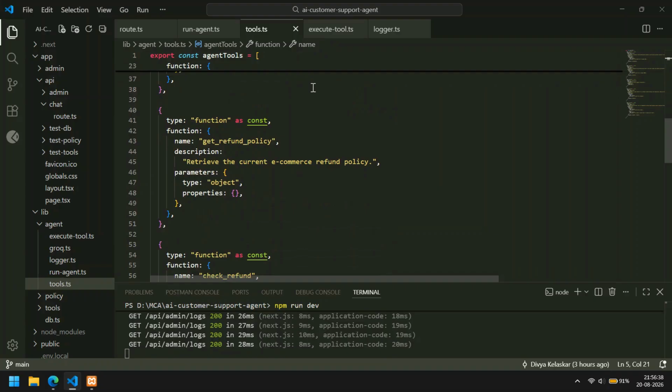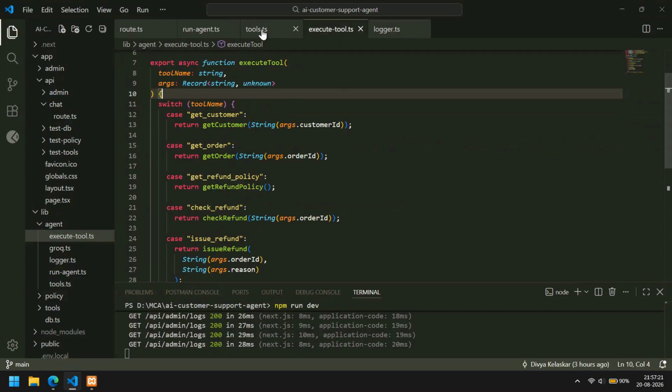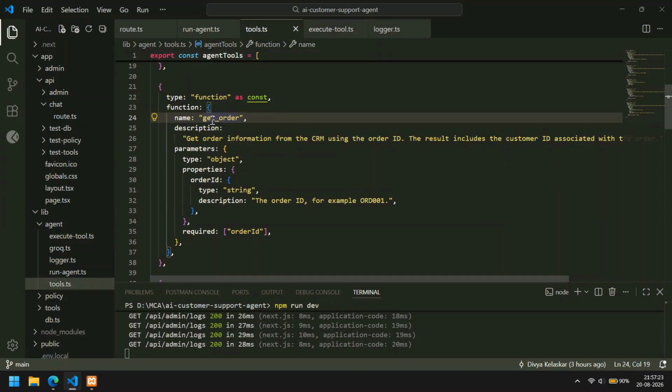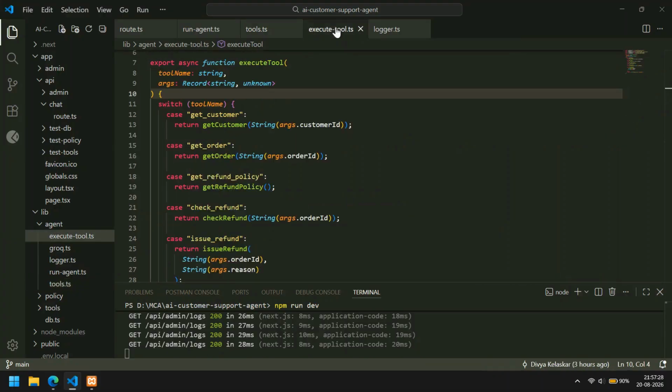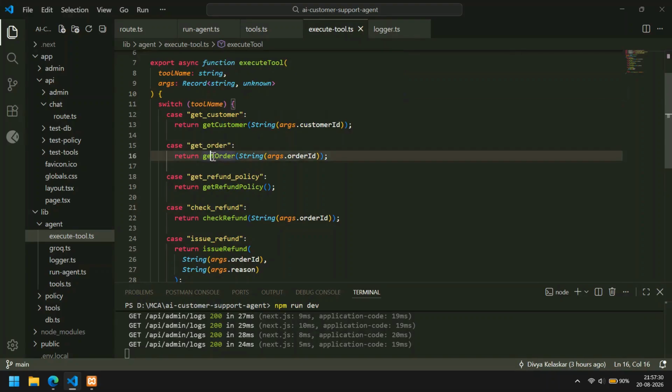The important separation here is that the LLM doesn't directly access MySQL. It requests a tool and then TypeScript executes that tool. So the get order over here is the function name through which the actual tool will be called in the execute tool